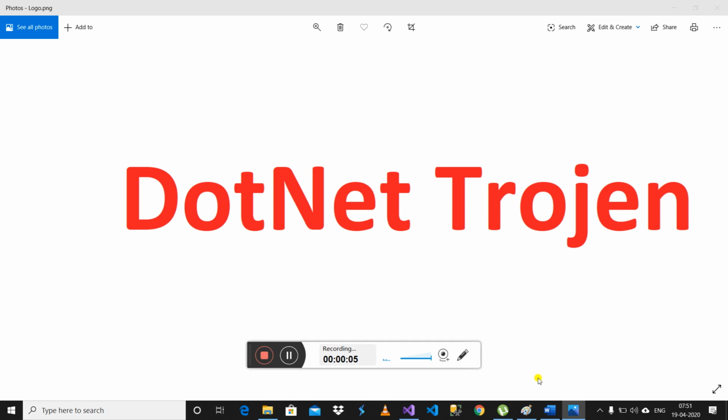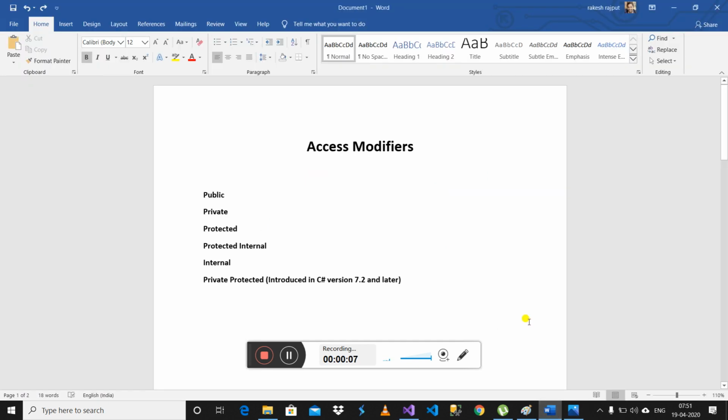Today I am going to explain access modifiers in C# .NET. In the object-oriented programming world, we have classes. In the class, we have variables and member functions. In order to provide an accessibility layer, we have several kinds of access modifiers available in C#. With the help of access modifiers, we can provide or protect the accessibility layer of these classes, member functions, and member variables.